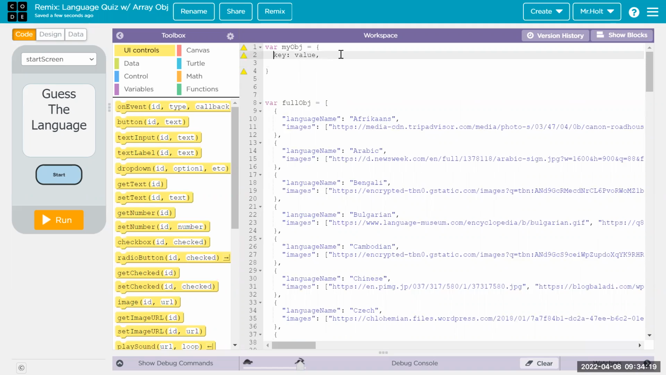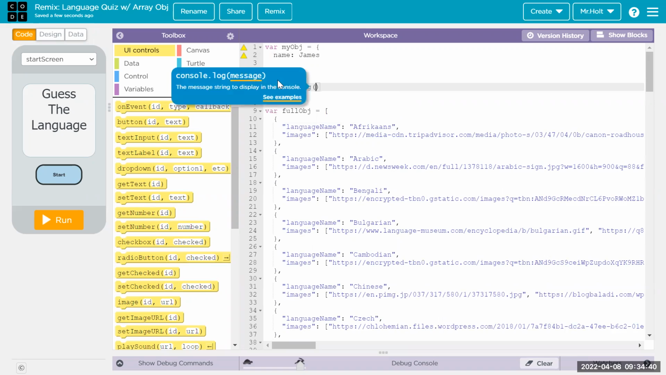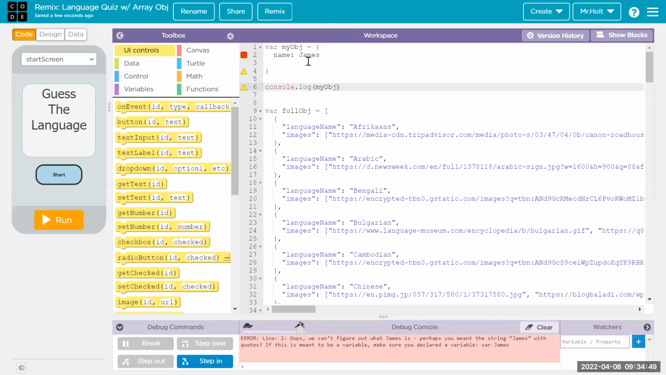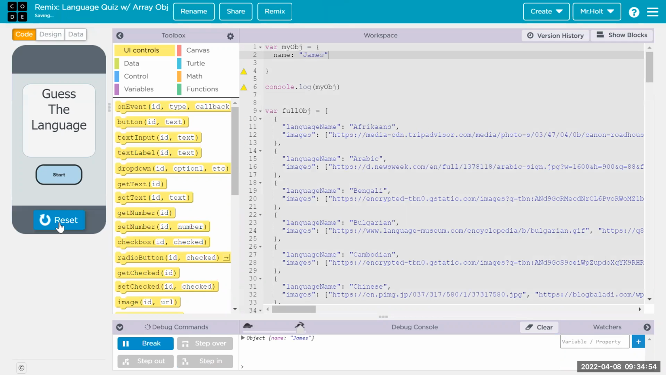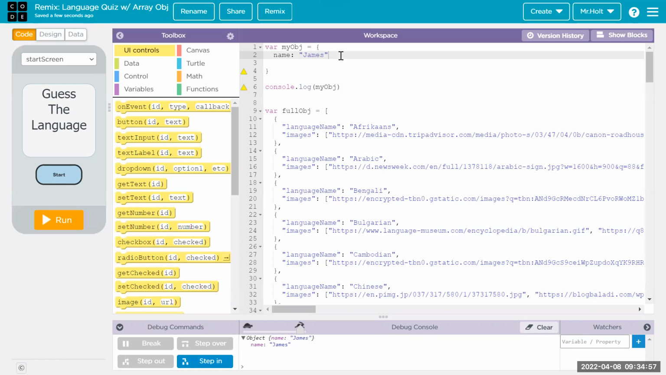The most common example for an object that you will ever see is some sort of contacts list where you would have name, James, which does it need to be a string? Or let me try this, console.log my object. Is it going to let me do it? No. Okay, so it needs to be a string if it's the actual value, then the key does not need to be a string, I don't believe. Yeah. Okay. So name,